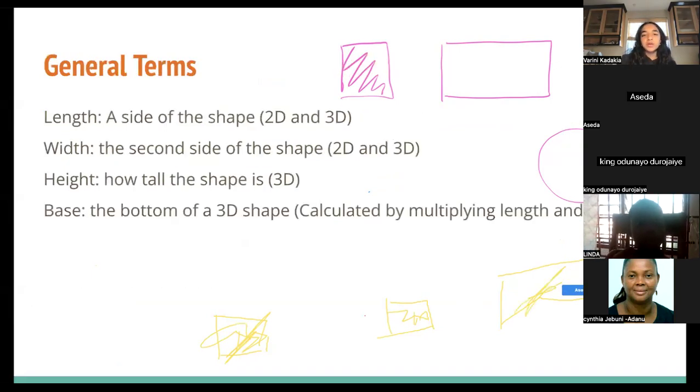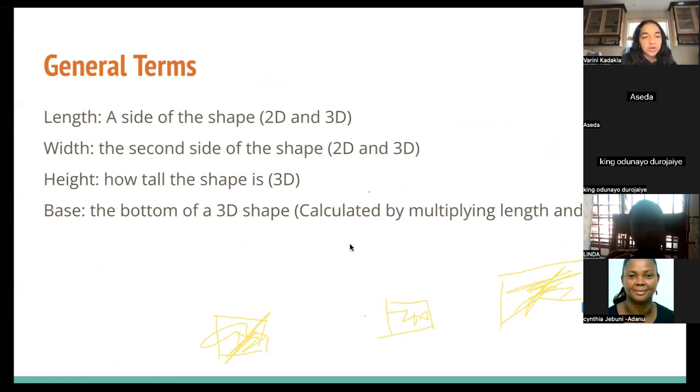Okay, so here are some general terms basically. I'm just gonna clear everyone's drawings. Okay. So let's look at